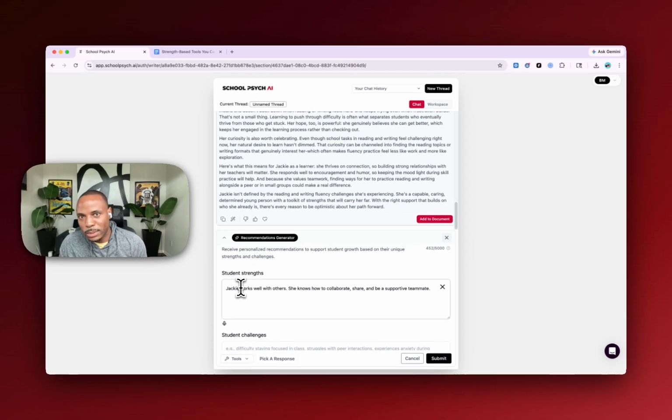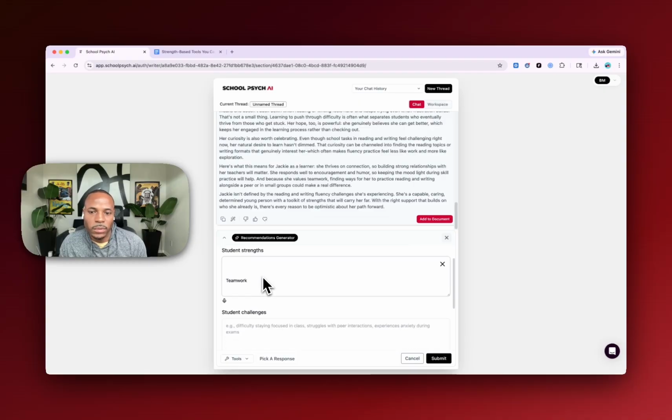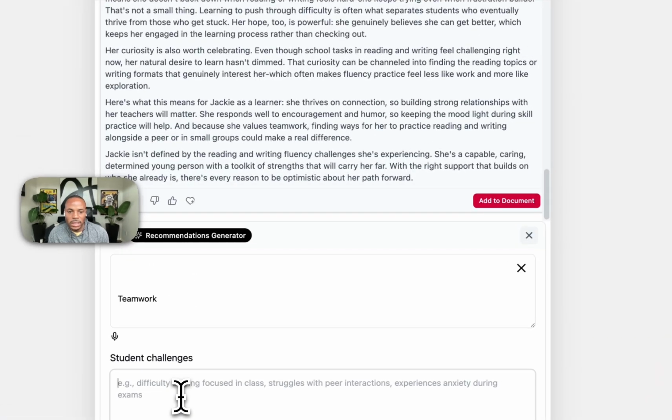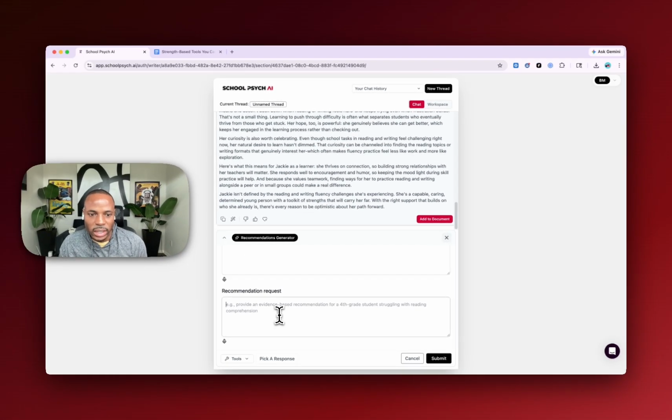Now, most people, when they say, hey, we don't have strengths for the student, you don't have to guess or figure it out. You can pull directly from what you've outputted before with Sophia. The strengths are right here, paste it in, and then you could put any challenges that might have been noted from earlier. Then I'm just going to paste in that reason for referral here, and then I'll say